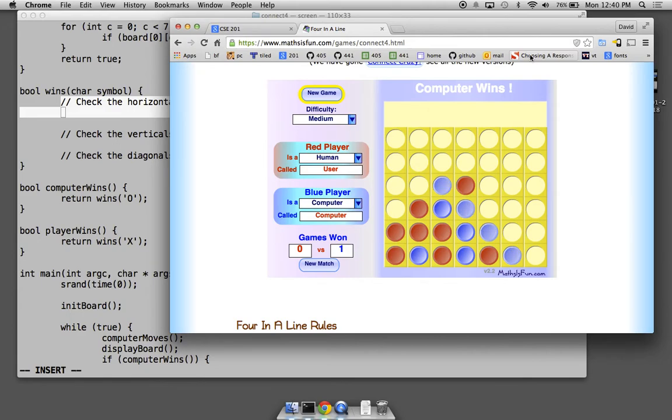Well, think about it. We're going to do exhaustive search. We're going to do it like this. We'll do 1 row at a time. So in row 0, we're going to see if there's an X or an O in column position 0, 1, 2, 3, or column position 1, 2, 3, 4, or column position 2, 3, 4, 5, or column position 3, 4, 5, 6. You see that? We just do that for row 0, and then we just do it for all the rows. So we're going to need